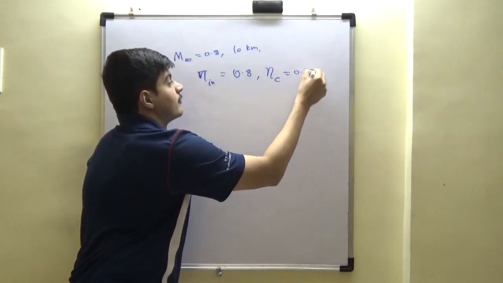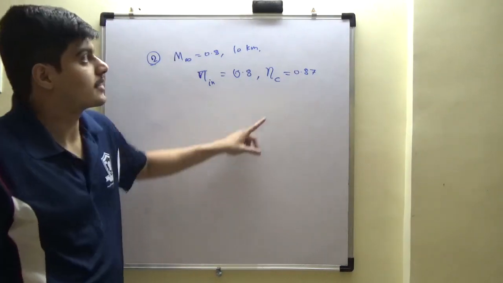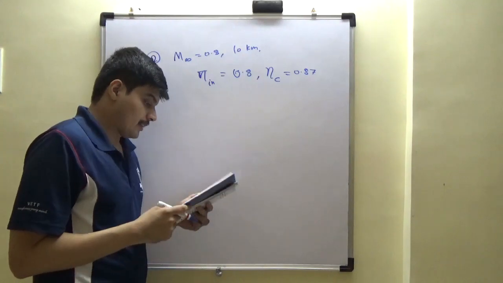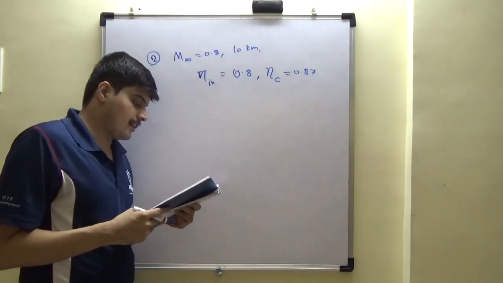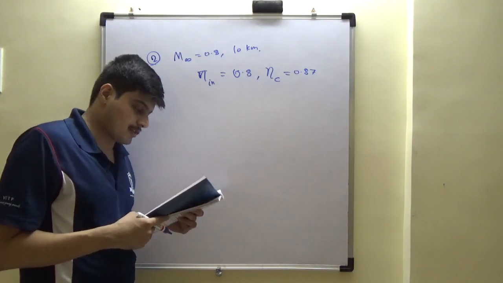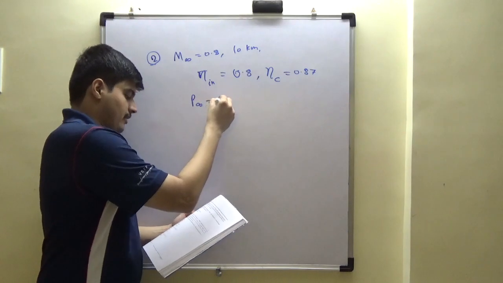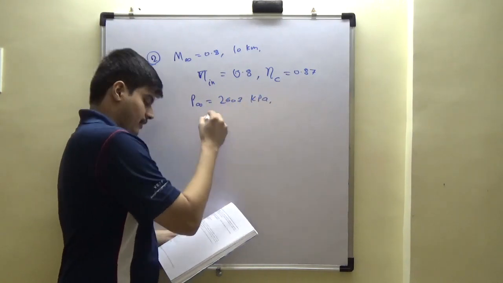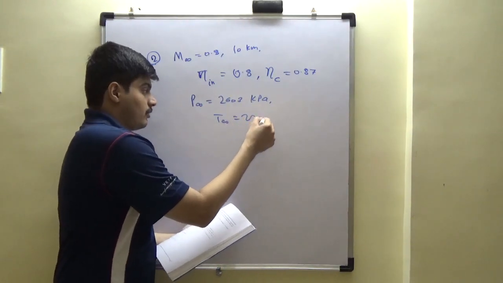So this is given. So some guy has done already the complicated cycle analysis and has provided us these numbers. Total temperature at the exit of air inlet and compressor would be, and we have been given P infinity 2603 kPa at 10 kilometers, T infinity 223 Kelvin,